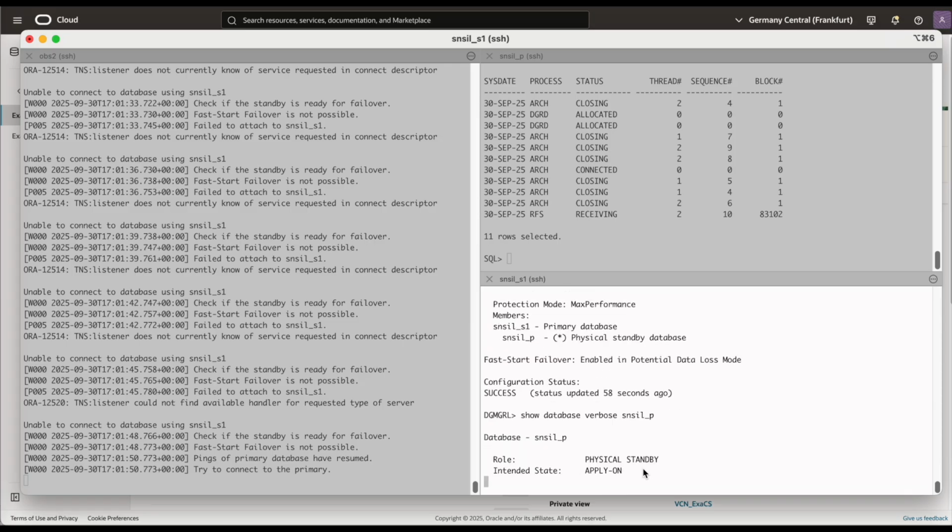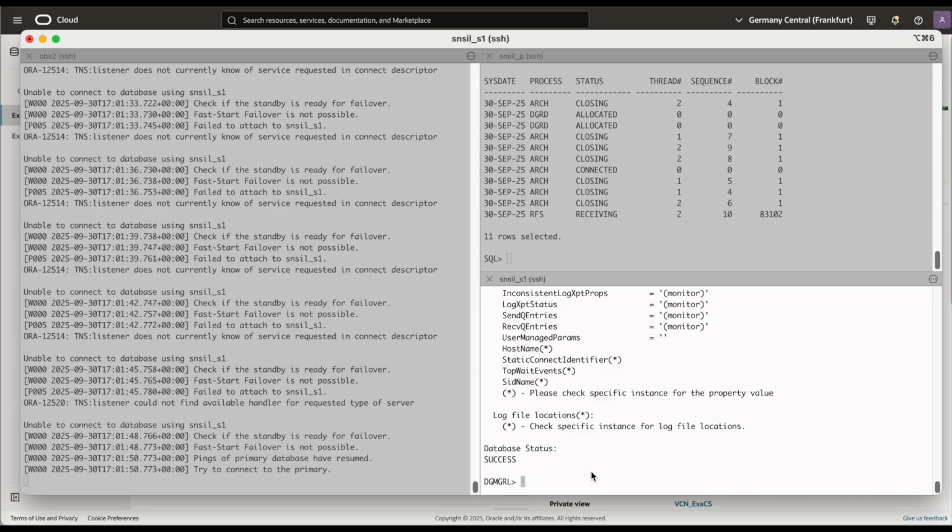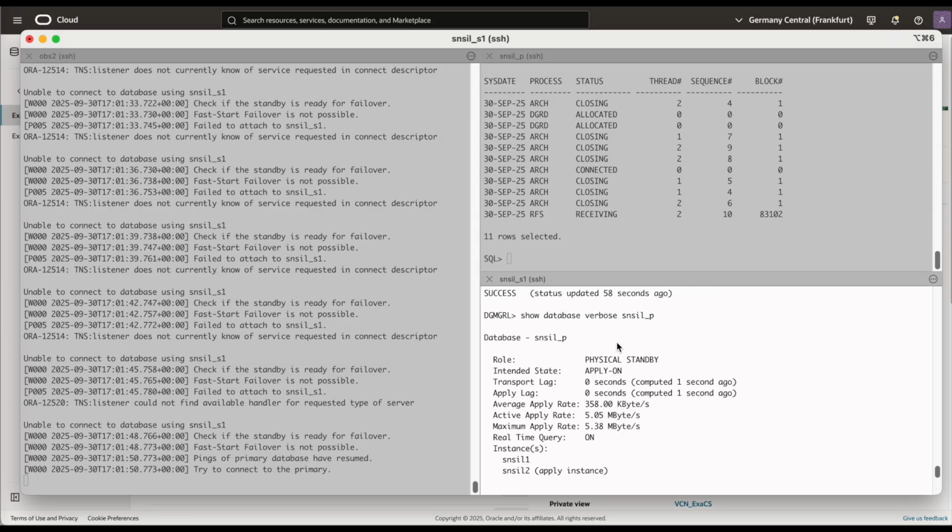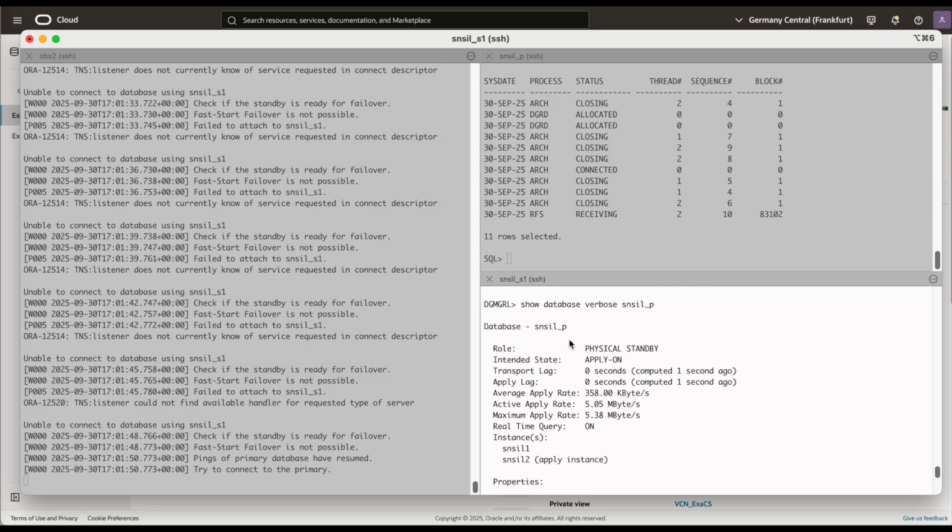Once the lag is below the apply lag threshold value, the default being 30 seconds, automatic failover will be possible again.